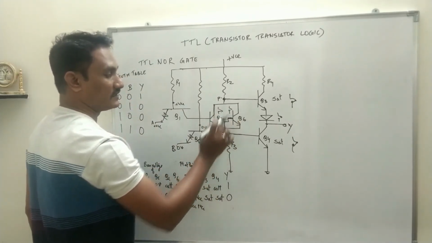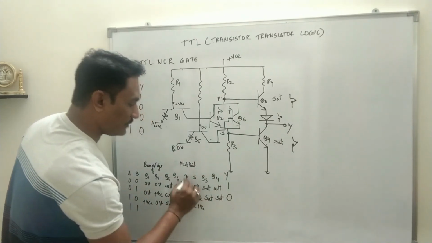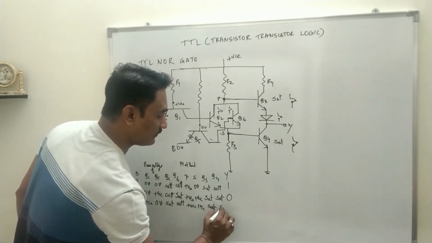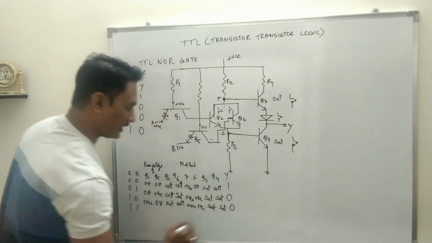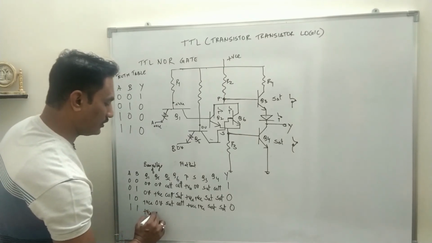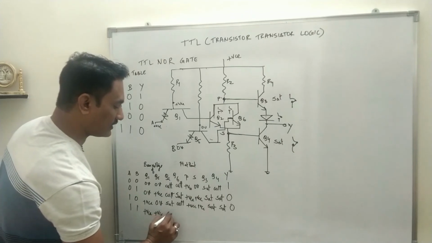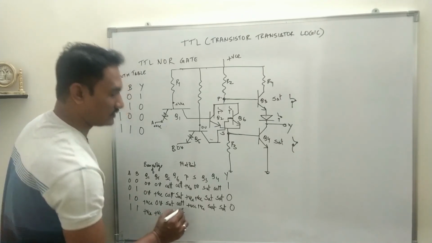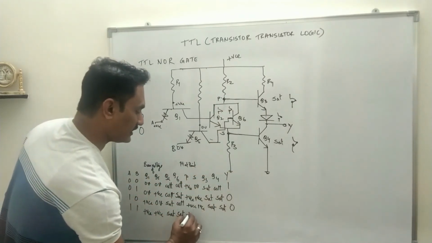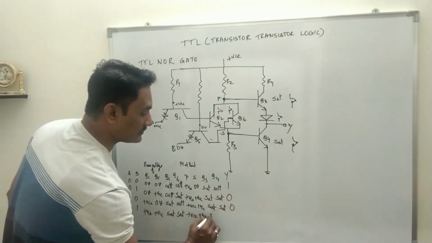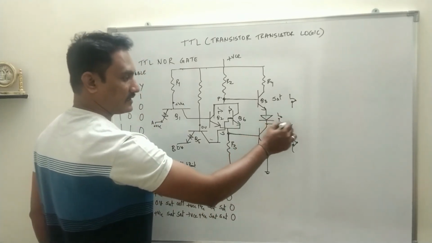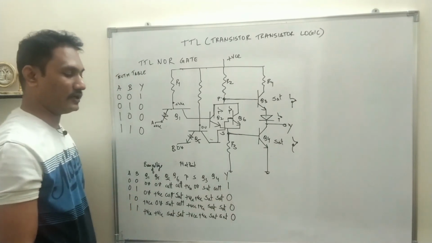If either of the transistors is on, both potentials at P and S will be plus VCC, Q3 will be in saturation, Q4 will be in saturation, and therefore output Y will be equal to 0. And when both the inputs are 1, both the base voltages will be plus VCC, both the transistors will be in saturation region, and current can flow through either Q6 or Q2. So potential at P and S will be plus VCC. Again, both the transistors are in saturation region, the diode will be reverse biased, Y gets connected to ground, so Y will be equal to 0.